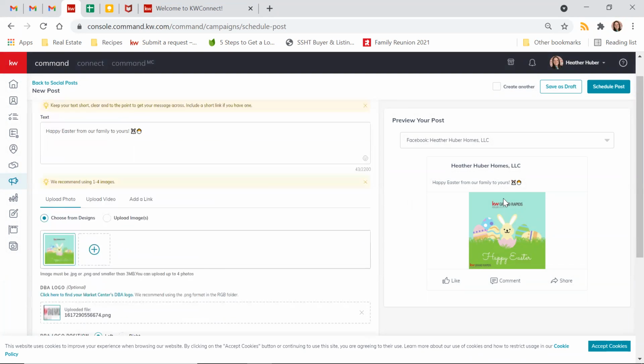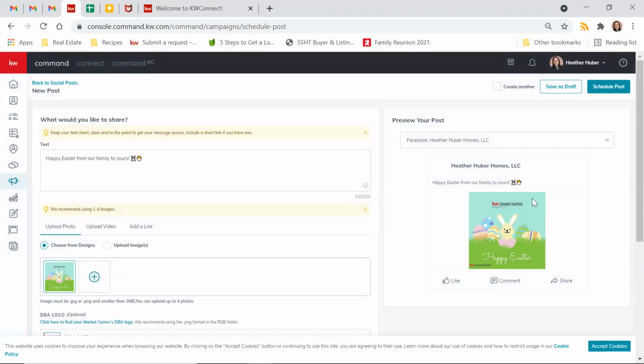Now, the thing that I didn't consider as I was doing this is it always puts your Market Center logo at the bottom anyway. So this looks kind of dumb having two of them. So maybe I want to rethink that. Maybe I would just go back into designs, if I were doing this all again, and completely remove this part, the KW Grand Rapids up here, knowing that they're going to put it down